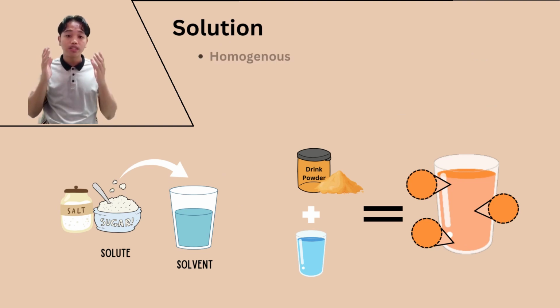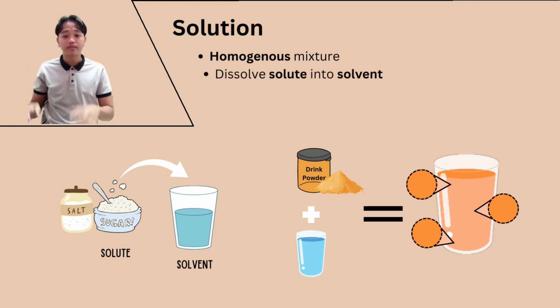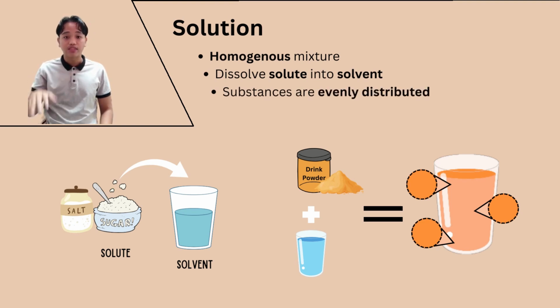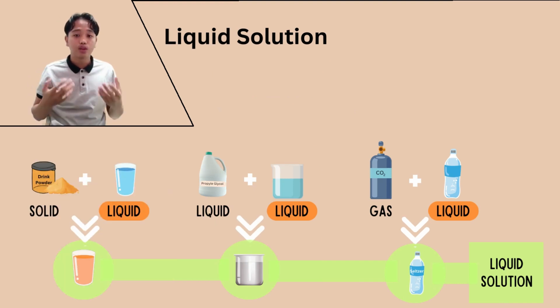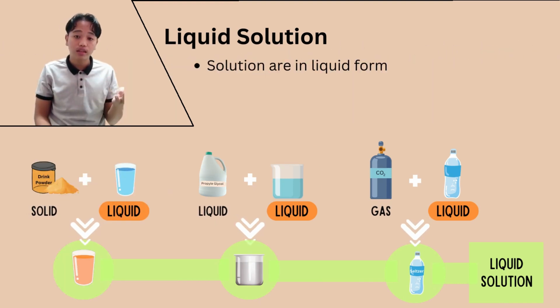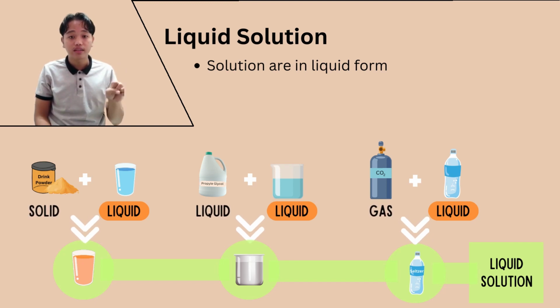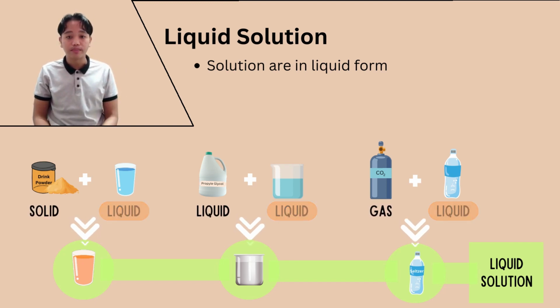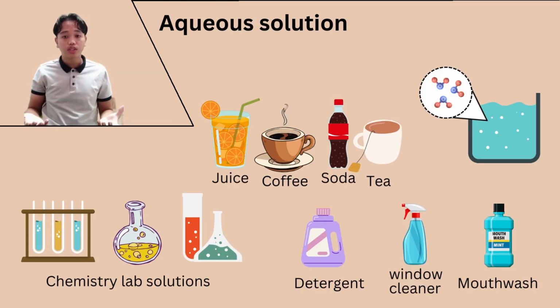A solution is a homogeneous mixture made by dissolving a solute into a solvent. Because a solution is a homogeneous mixture, the substances are evenly distributed and the solution has a uniform appearance. A liquid solution is in a liquid form, made by dissolving a solid, liquid, or a gas into a liquid solvent. Most liquid solutions that we talk about in chemistry are aqueous solutions, which means that water is